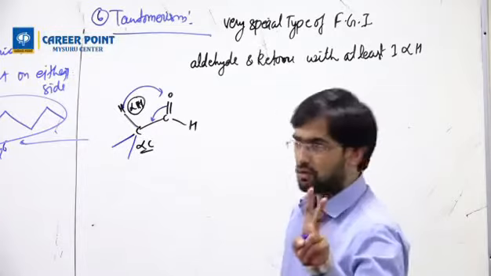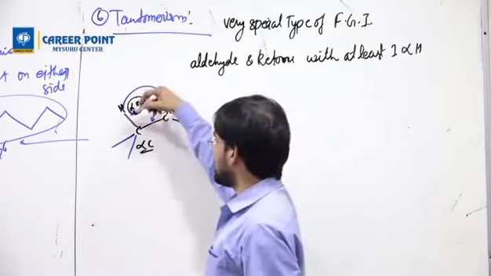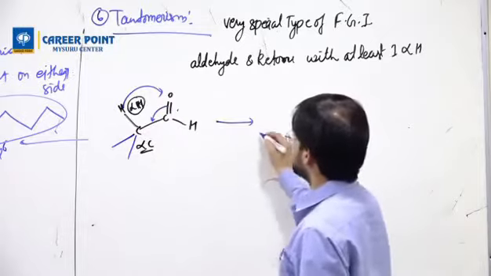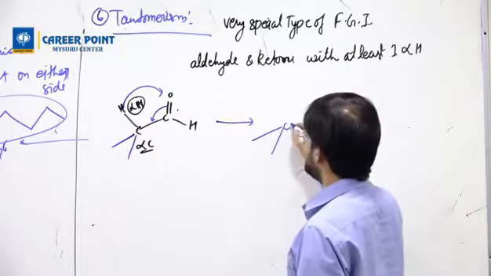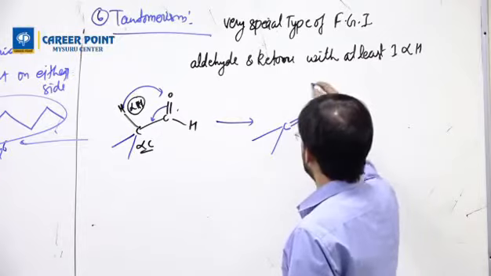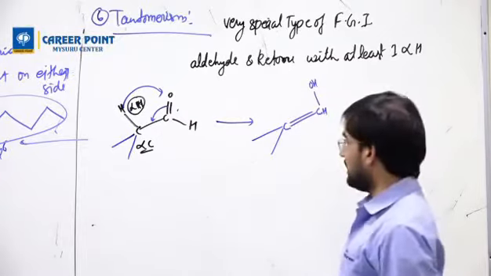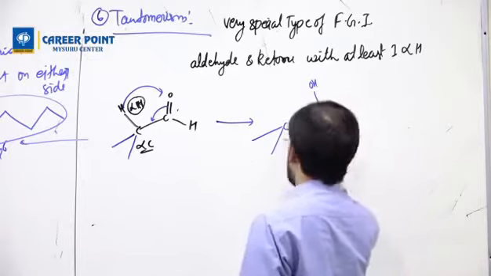What happens next is this hydrogen shifts and the double bond shifts here. I've drawn two arrows: I shift the hydrogen to the oxygen and the oxygen double bond to here. Then what will it become? The two valencies make a carbon carbon double bond, and this becomes OH, with an H here.